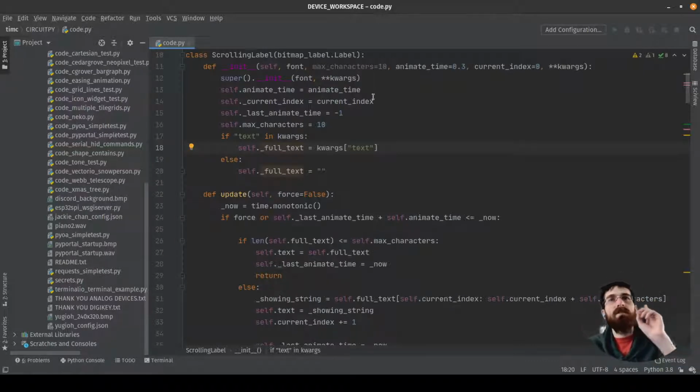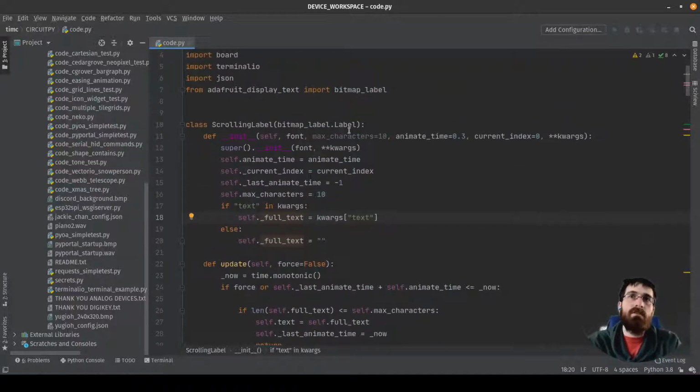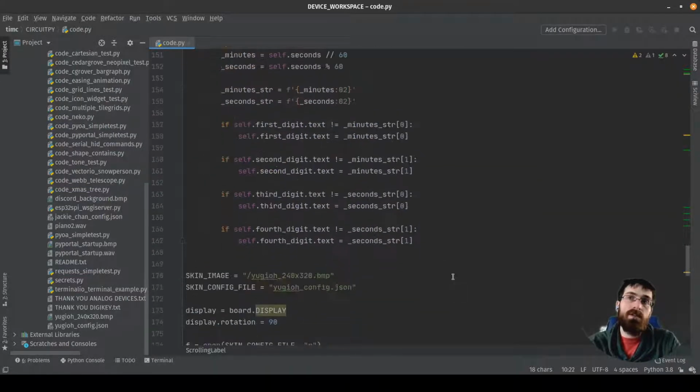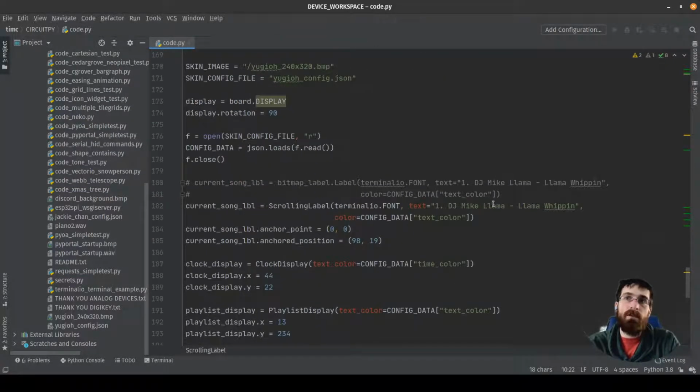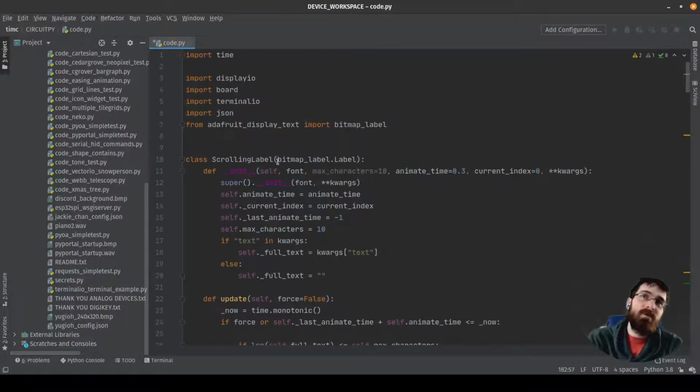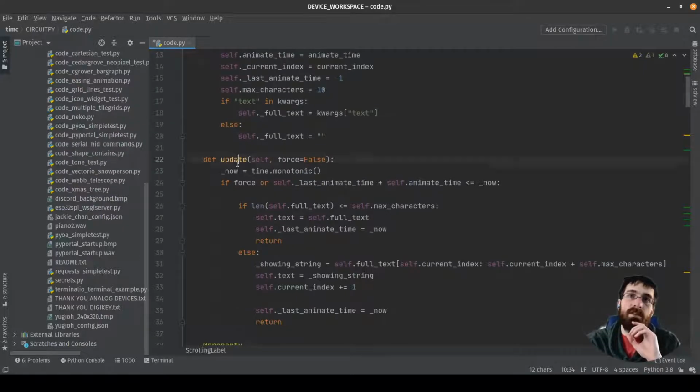So yeah, this is one thing I guess you have to watch out for. We're extending label, which means we have all of label's functionality, which right now we used because we didn't change very much of the code. We're passing in text. We should really probably make a full text, and we should be passing that in. With this overridden one, really you shouldn't use text directly. Text will always get set from update,